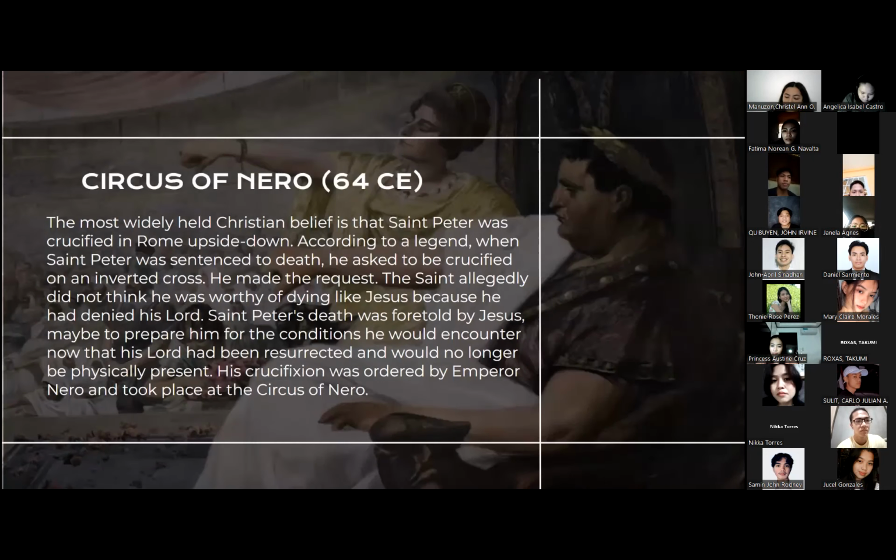So, Circus of Nero, 64 CE or Common Era, where St. Peter's now stands, once a chariot racing stadium. Bago siya naging basilica, chariot racing stadium muna siya. So built in the time of the Emperor Caligula, Claudius, Nero during the 4th